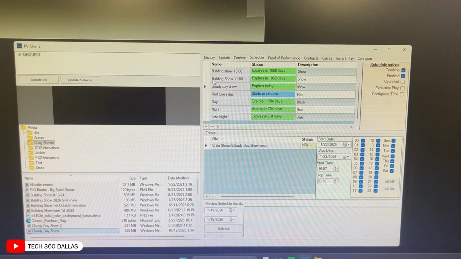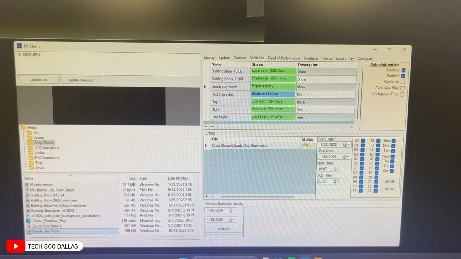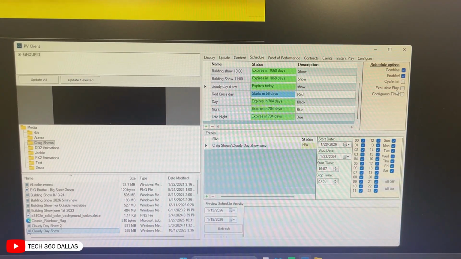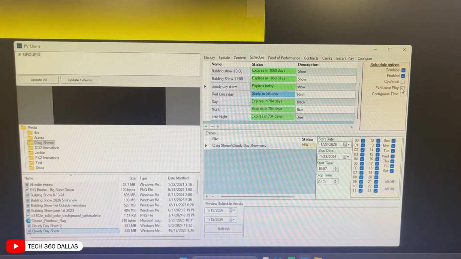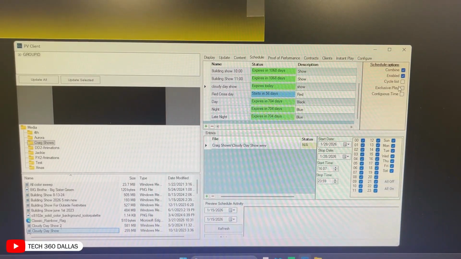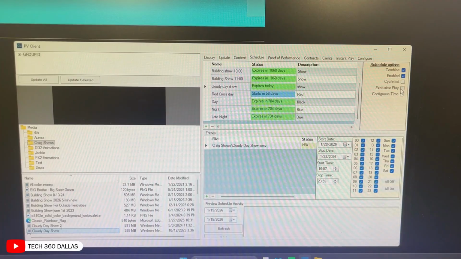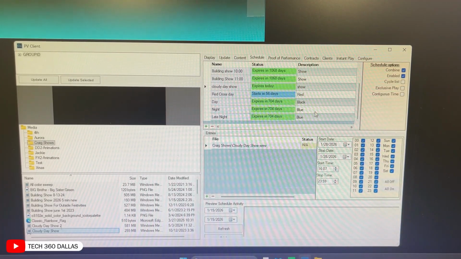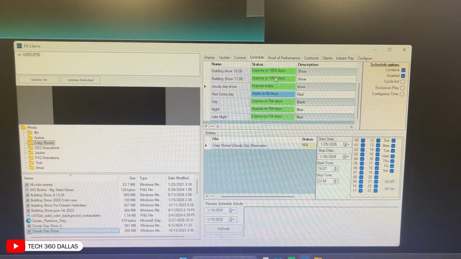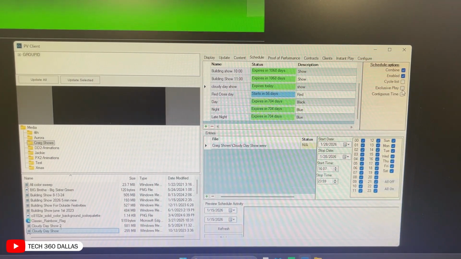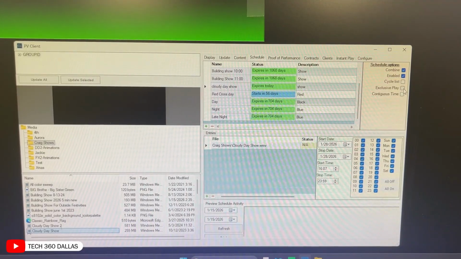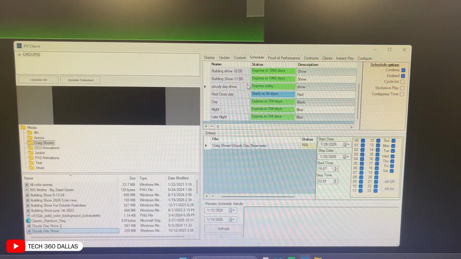So if you want that red to override what you already have set, you'll hit exclusive play. Remember, if you hit exclusive play on anything, that makes it the main focus and priority of this program. It'll override everything else, and whatever you have exclusive play on is what it's going to show, because that's basically your override button. So this is just, like I said, a rough